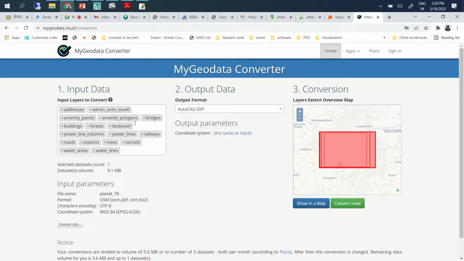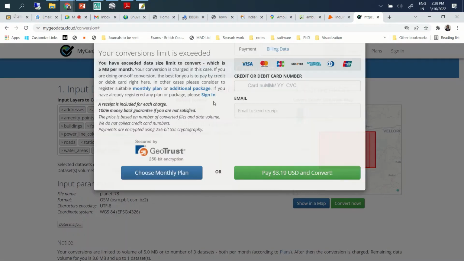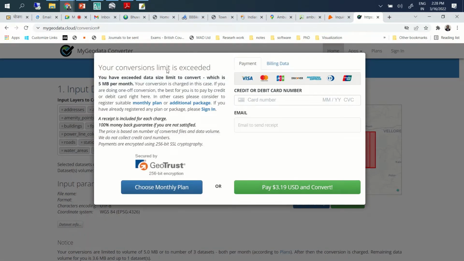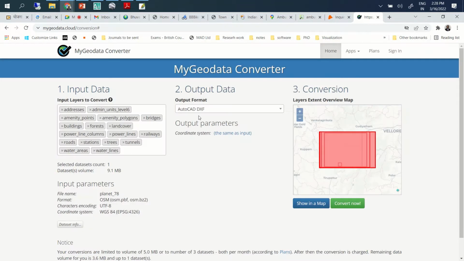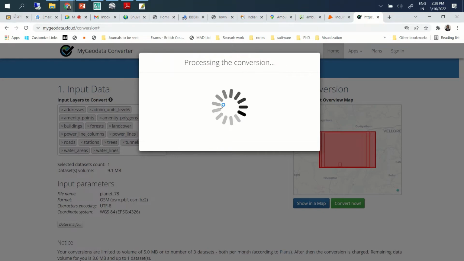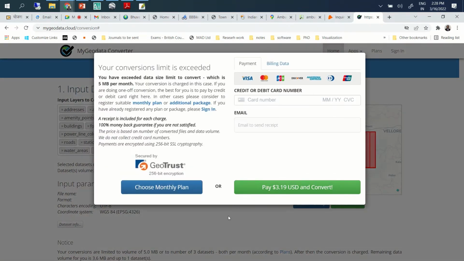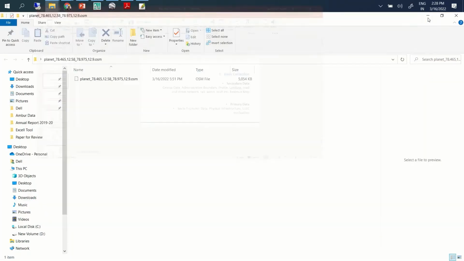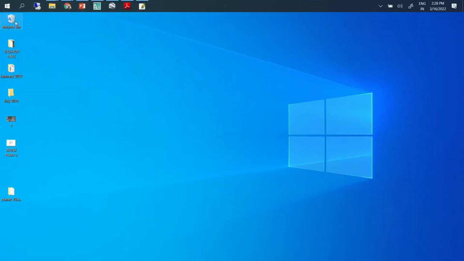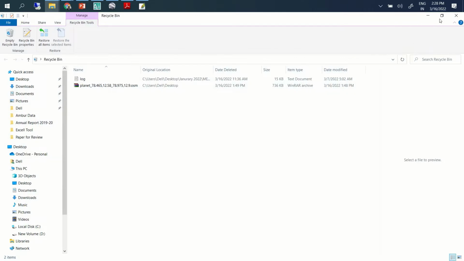Just click convert, and you will be able to do the conversion. I think this will not work for me because I have exceeded the limit already. I have downloaded many times, so it is not allowing me. Since you will be trying for the first time, after this step you will be able to download a zip file. That zip file will contain information like, maybe I have deleted it.